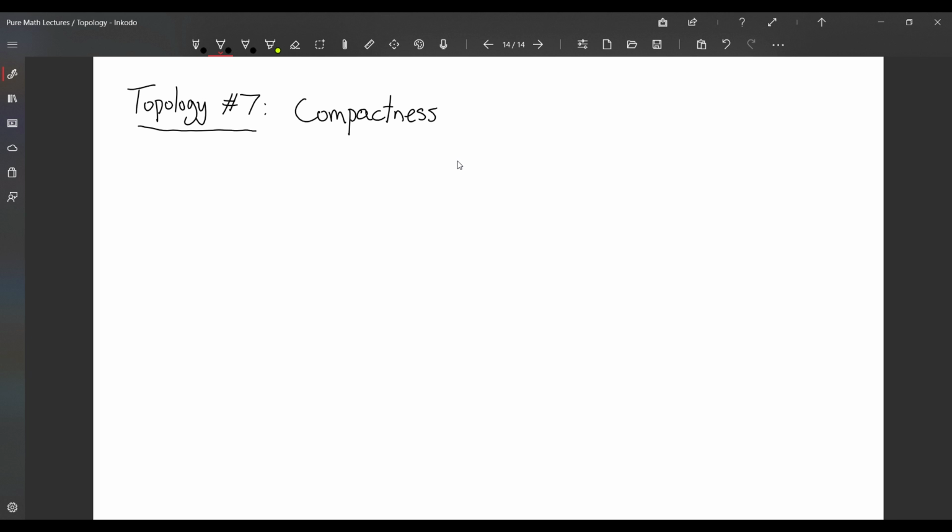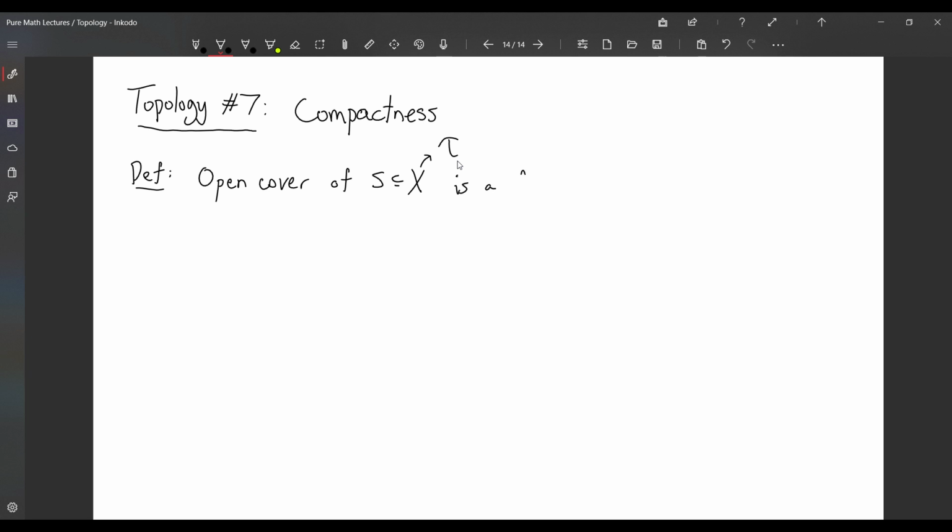So today we are going to be talking about compactness, which is our first important property that a topological space can have. So the first thing we have to define, our definition, is going to be an open cover of a subset of X, which, by the way, is going to be our topological space. So let's say it has topology T,